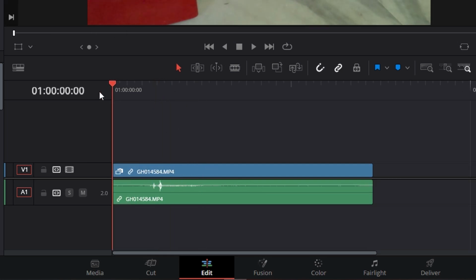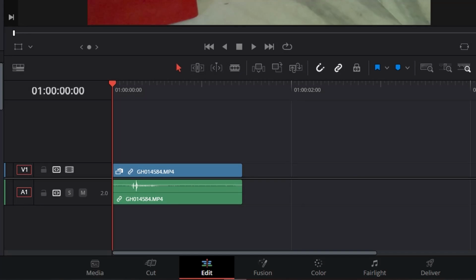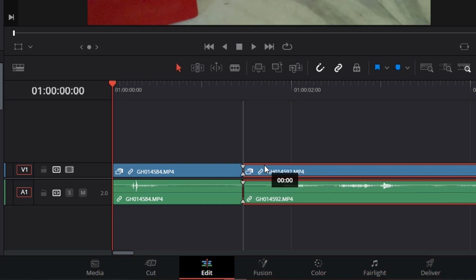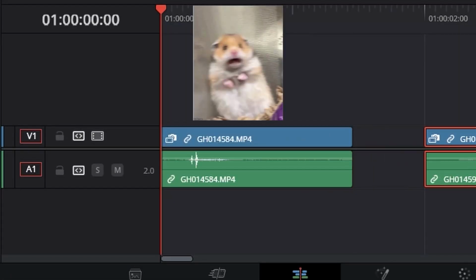The reason why it's happening is this magnetic thing is on. Basically what the magnetic thing does is, if you have 2 clips here, they automatically attract each other like that. But if you turn it off, it actually goes into it, and while it's turned on, it will still go into it if you put much force. But